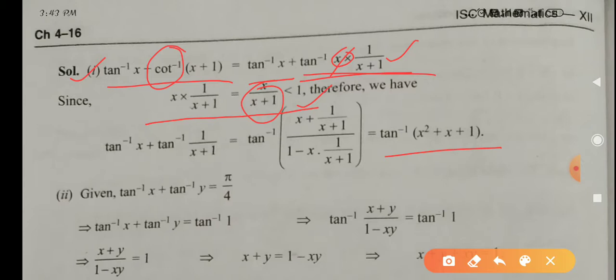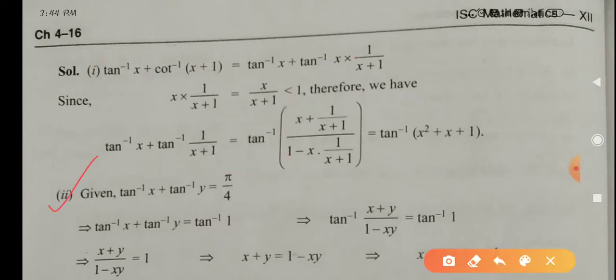It means that you can apply the formula tan inverse x plus tan inverse y equals tan inverse of (x plus y) upon (1 minus xy). So here they are applying the formula: tan inverse x plus tan inverse 1 upon x plus 1 equals tan inverse of (x plus 1 upon x plus 1) upon (1 minus x into 1 upon x plus 1). You simplify it. When you simplify, you will get tan inverse of (x square plus x plus 1). Second part, you see,